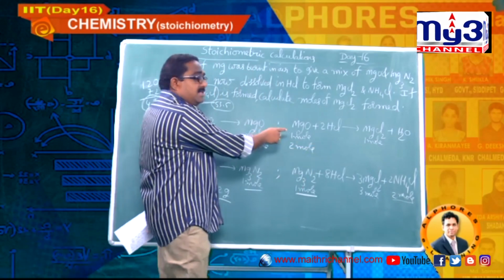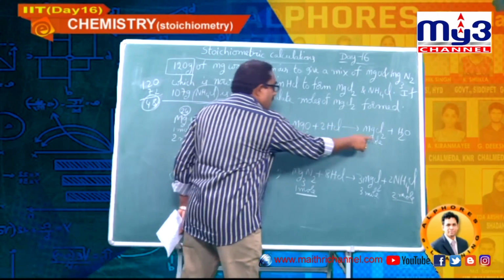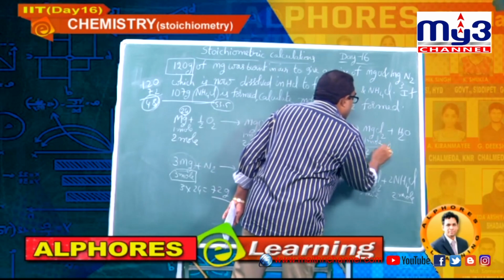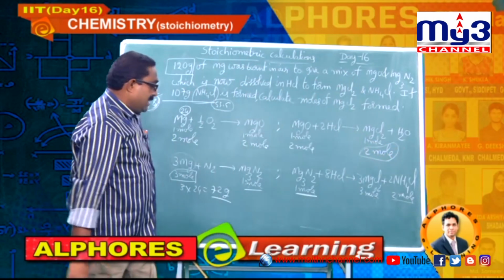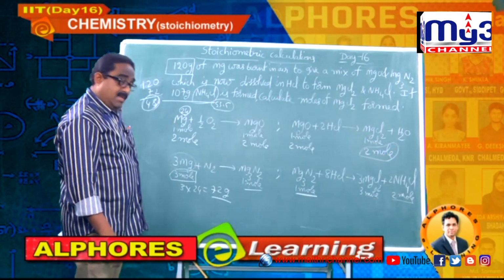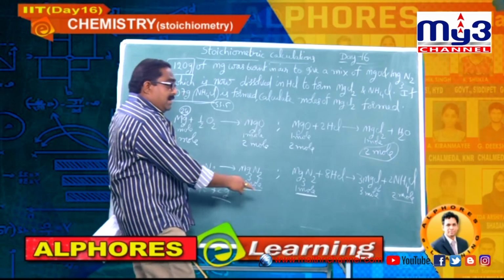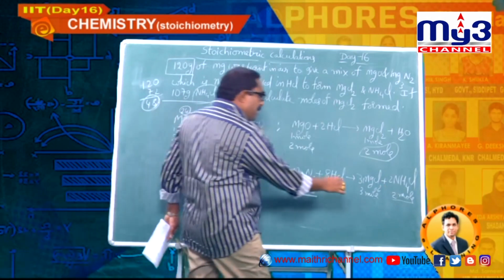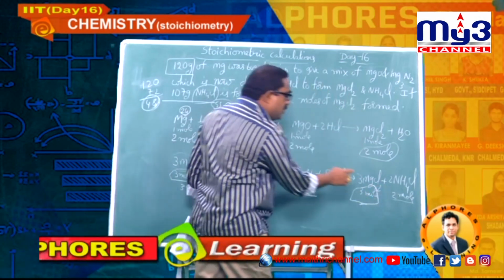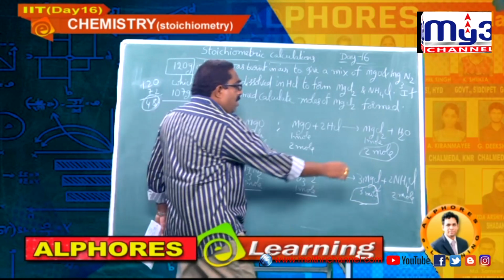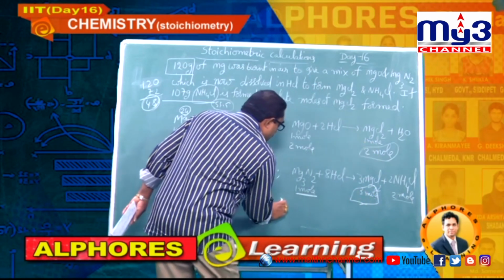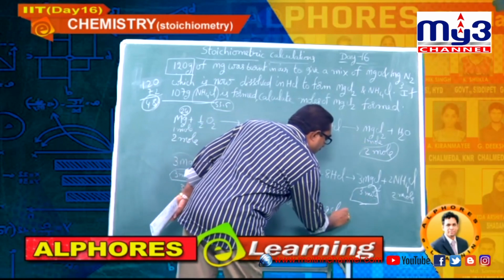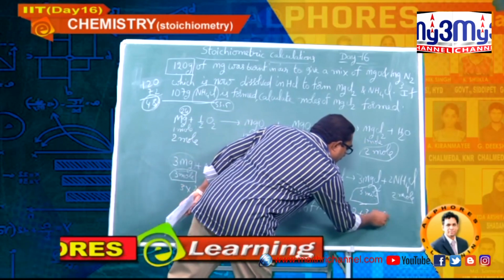Now I am going to explain this step. 1 mole gives 1 mole, so 2 moles gives 2 moles of magnesium chloride. This part is over. Now here 2 moles are forming ammonium chloride. So at the same time 3 moles of magnesium chloride also should be formed in this step. Total this 2 plus 3. So final answer, moles of magnesium chloride is equal to 2 plus 3, 5.